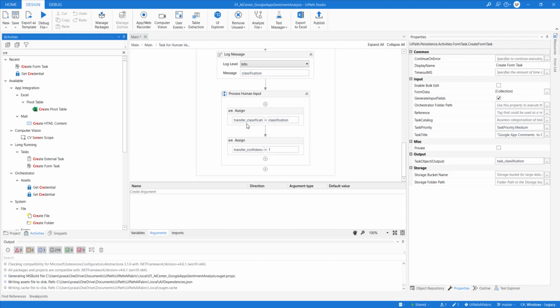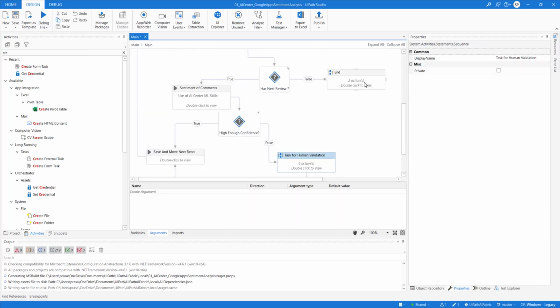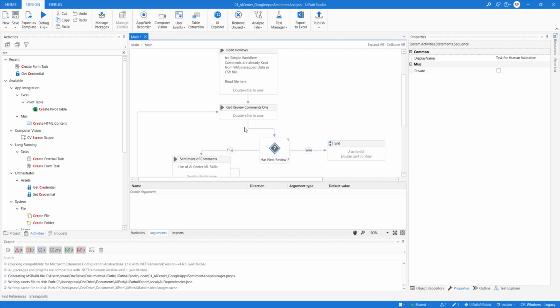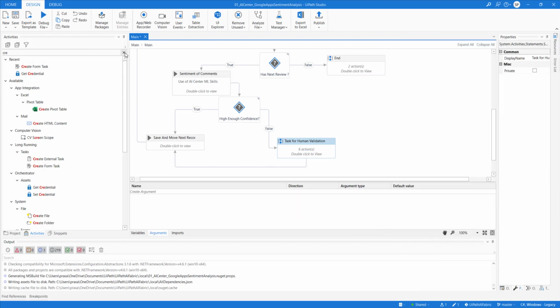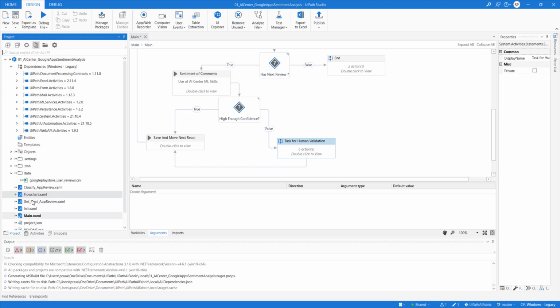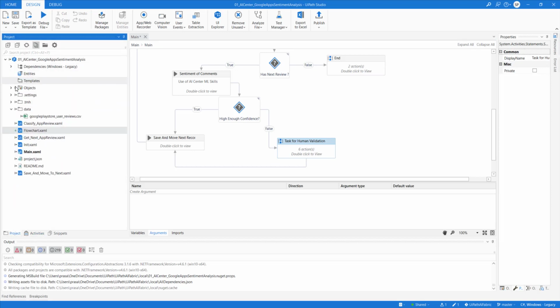Once that is printed, we'll correct the classification. The classification will be overwritten by the classification that we are getting from the Action Center, and confidence will be saved as 1. Earlier the confidence score was something else, given by the ML skill. So this is all about the workflow, and this is all about AI Center with inclusion of human in the loop with the Action Center. So let's quickly run this bot and try to see how it works. And then I'll answer some other questions regarding AI Center. Okay, so let's quickly run this bot.